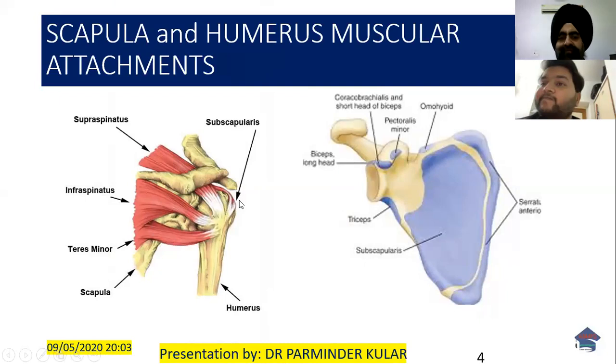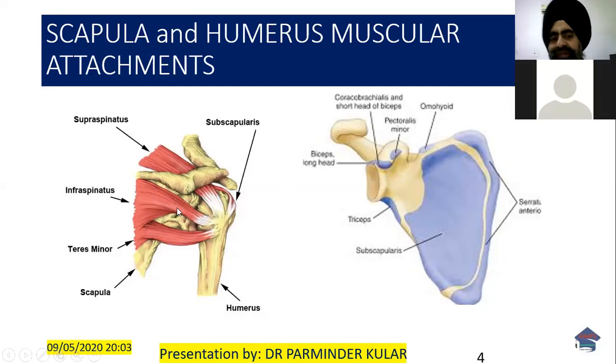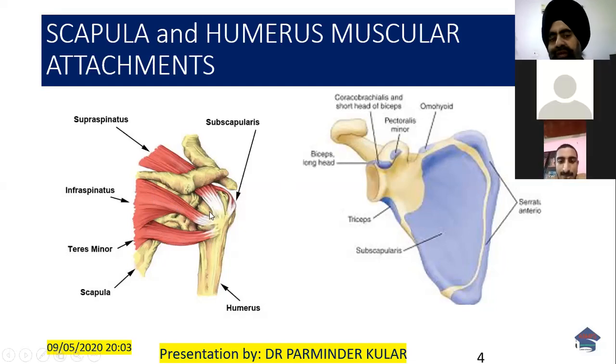Why do we call them the rotator cuff muscles? Because they spread out like a cuff when they come near their attachment at the proximal end of the humerus. Anteriorly we have the subscapularis, superiorly the supraspinatus, and posteriorly the infraspinatus and the teres minor, which originate from the scapula. As the muscles are contractile structures, when the posterior muscles contract, they will rotate the humerus externally. When the anterior muscle, the subscapularis, contracts, it will rotate the shoulder into internal rotation, and the superior muscle, the supraspinatus, will help in the abduction of the shoulder.